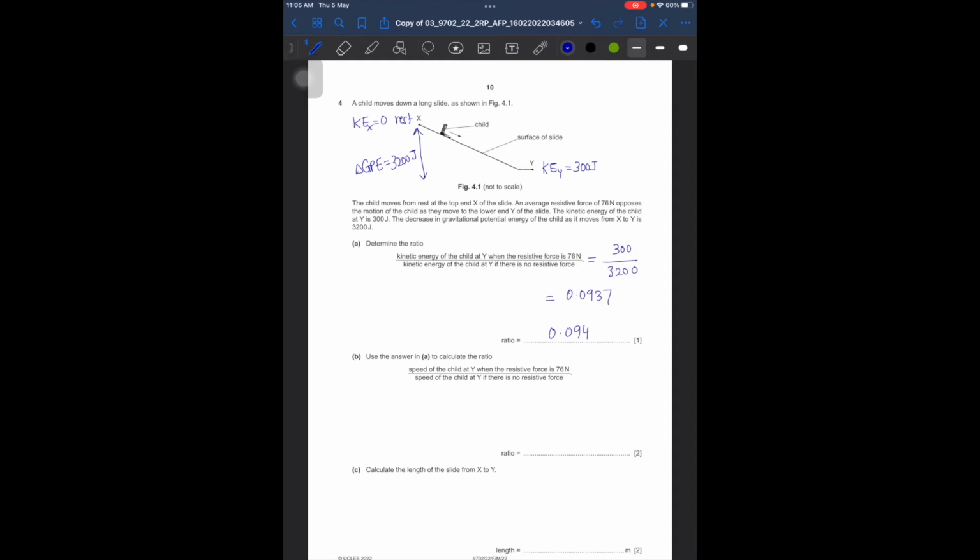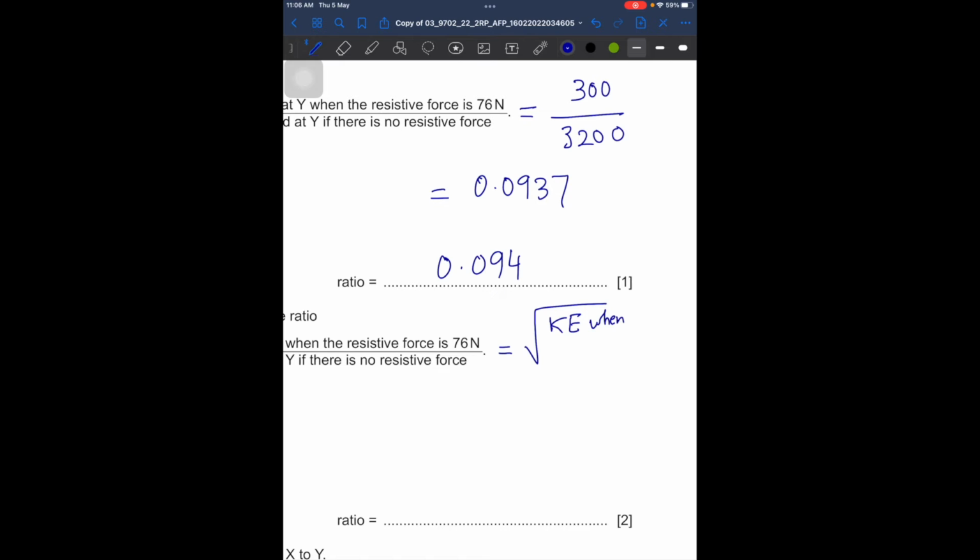So we need to know that the speed, so what's the relation between kinetic energy and speed? KE is half mv square. So KE is directly proportional to v square. So because it's a ratio, the masses are same, so they will just cancel out. So because it's just speed, not speed square, we need to have square root of KE. So how do we write it? KE when there is resistive force